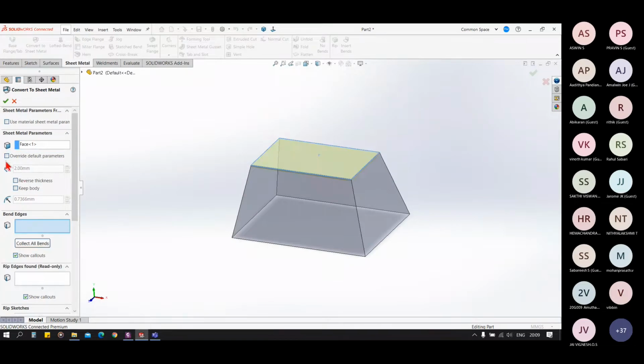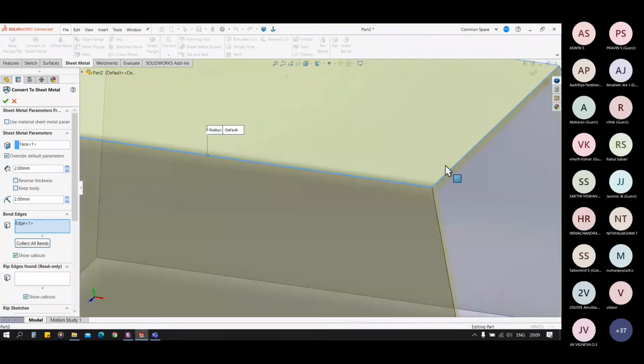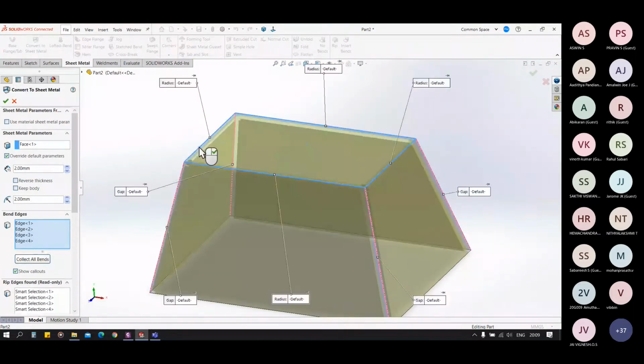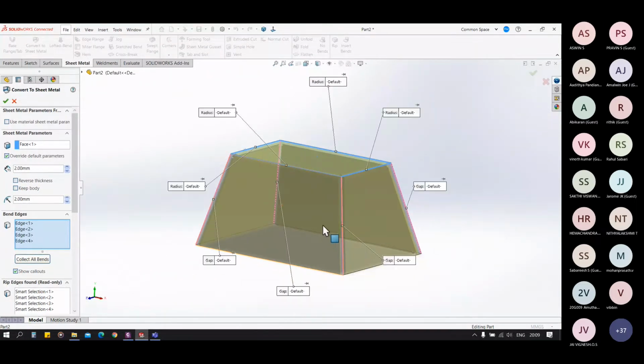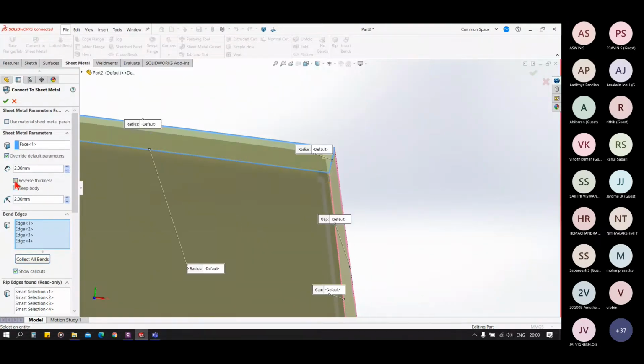I have selected thickness as 2 mm and radius as 2 mm. Now it is asking me to select the bends. For bends, I'm selecting the edges. Now you can see the preview. We can change the thickness outside and inside.